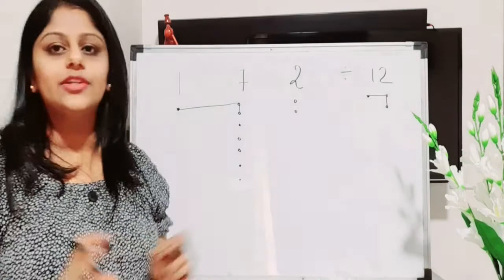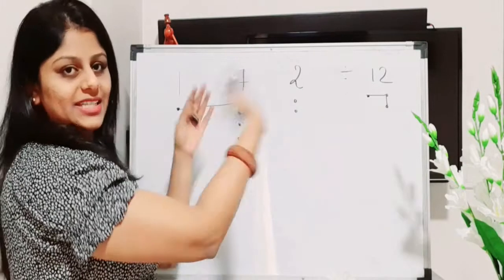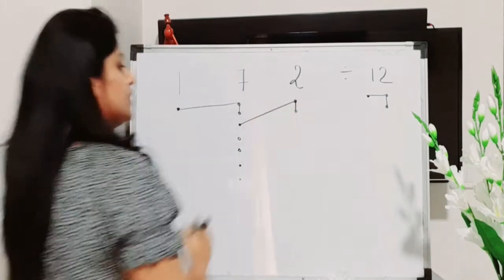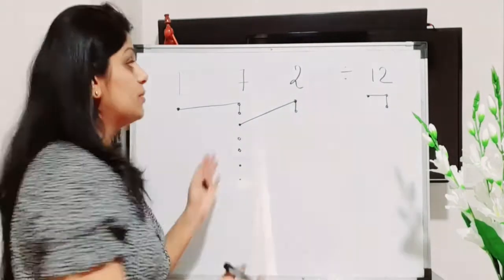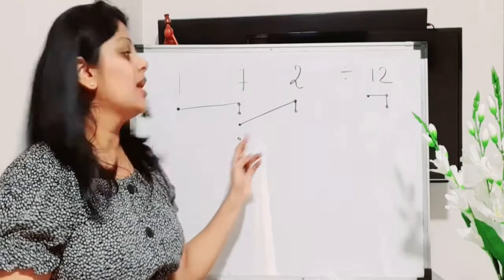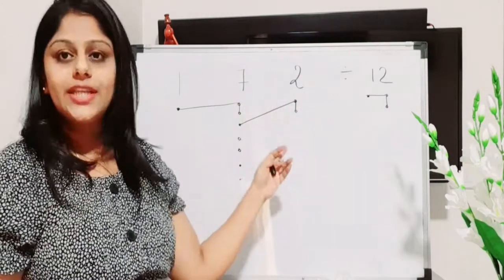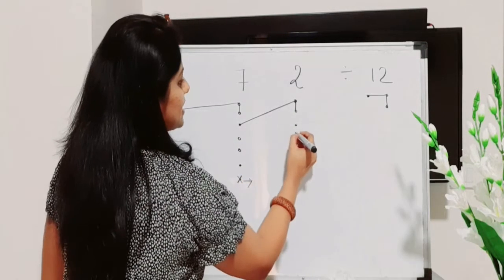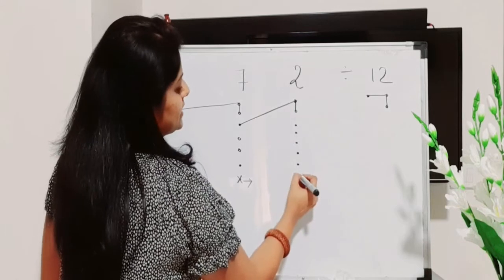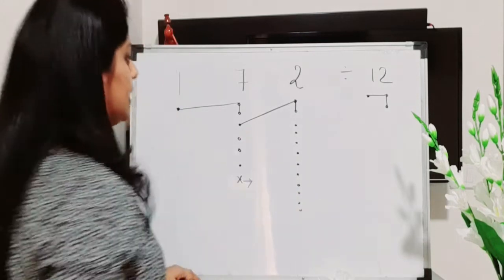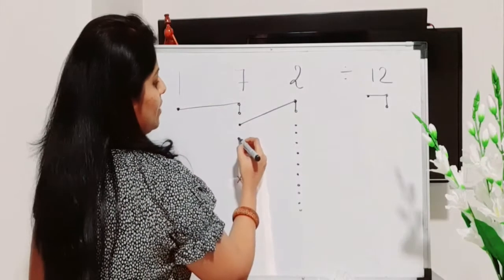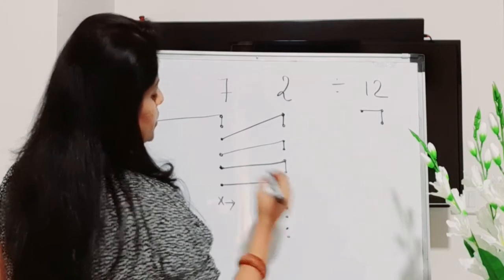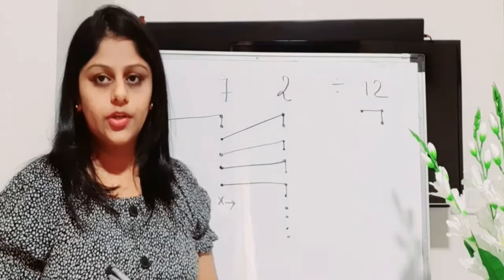Now in the first column all the dots are over, so we'll move on to the next consecutive column. Yes, we have 1 in this column and 2 in the next column. Now you can see we have 4 more dots over here. So we have 1 in this column, but do we have 2 in the other column? No. Therefore what will we do? We will just shift 1 dot over here. So 1 dot will be converted into how many dots? Yes, 10 dots. So now you can check. Yes, we have 1 in this and 2 in this, and last 1 in this and 2 in this. So in the second column also all the dots have been completed.